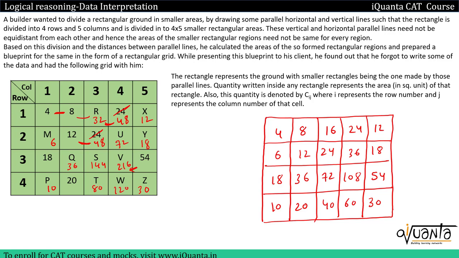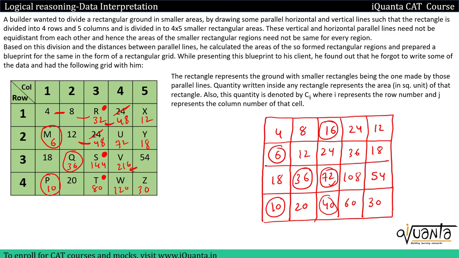Okay, so now let us check. If I check variable P, value was 10, still it is 10 over here. If I look at M, value was 6, it is still 6 over here. Okay, if I look at variable Q, it was 36 earlier, still it is 36. If I look at variable T, it was 40 earlier, now it is 80, so value of this T has changed. Value of S, earlier it was 72, now it is 144, so value of S has changed. Then if we look at R, earlier its value was 16, now it has become 32, value of R has